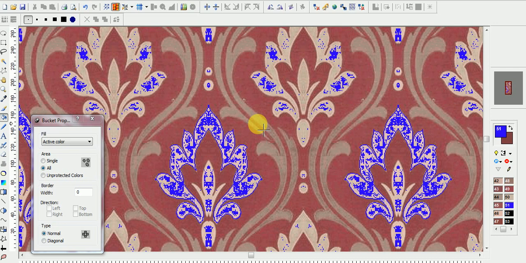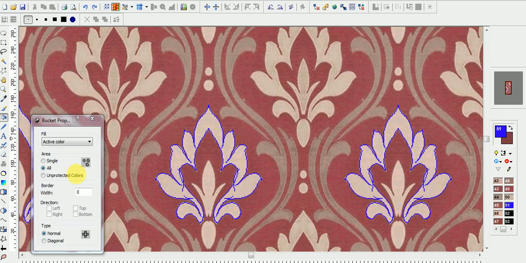Then how do we fill? You can see in the bucket option, protect unprotected colors. First what you have to do is click on this unprotected colors, then come to the color palette and just unprotect. It means these 50 colors are unprotected.